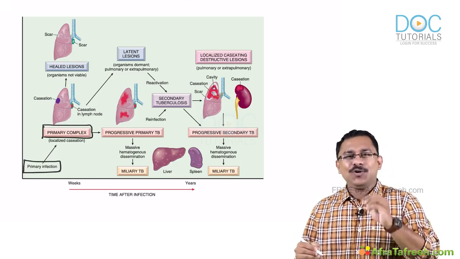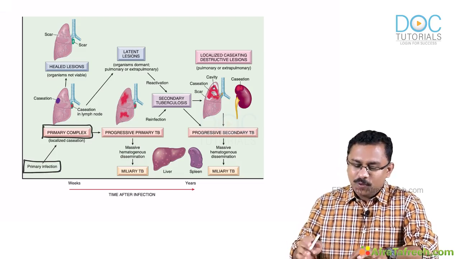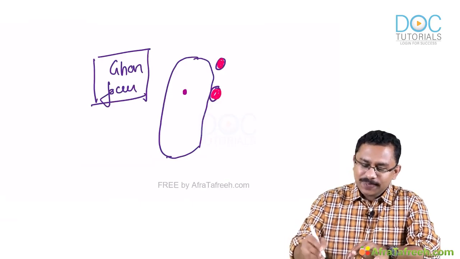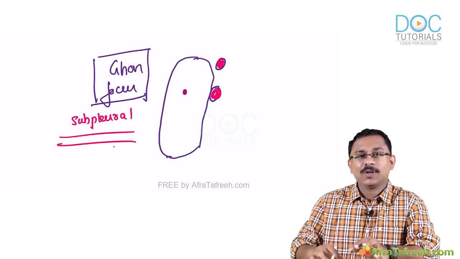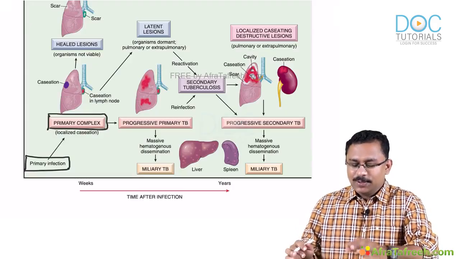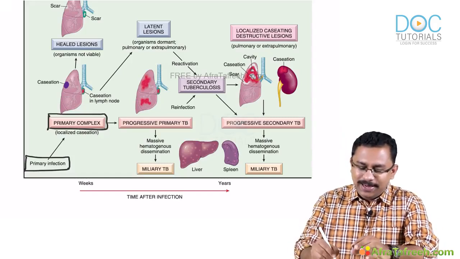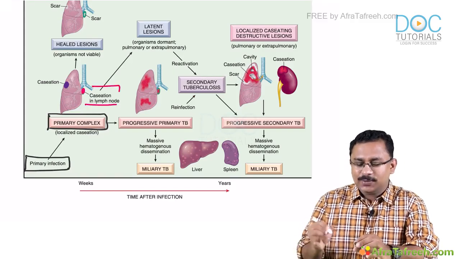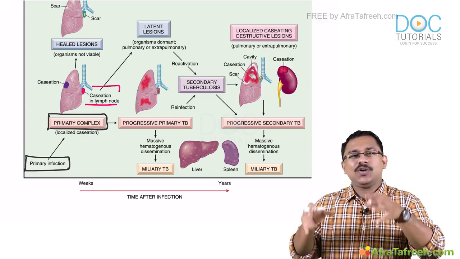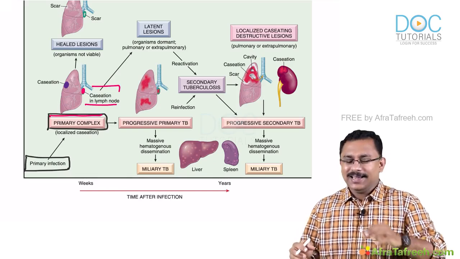Just one more point about the Ghon focus: its location is usually subpleural, just beneath the pleura. You see here there is some enlargement and caseation in the lymph node as well. So that is what is your Ghon complex, and this is what happens in something that is known as your